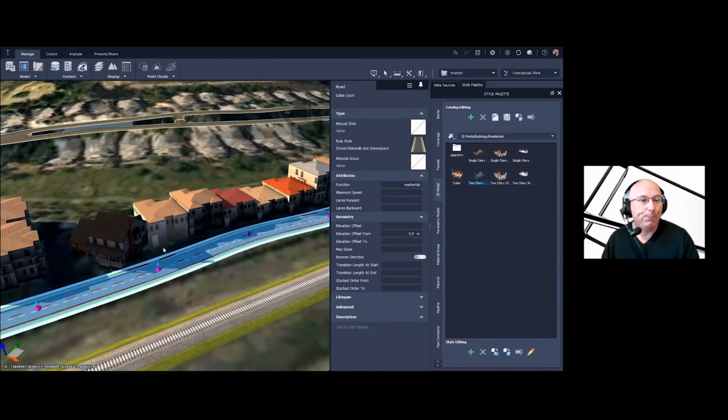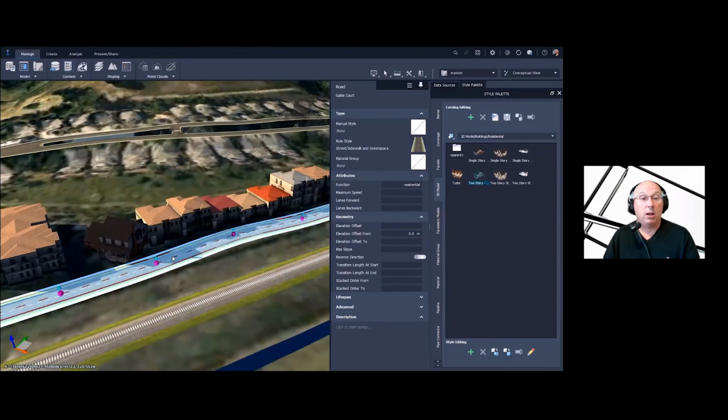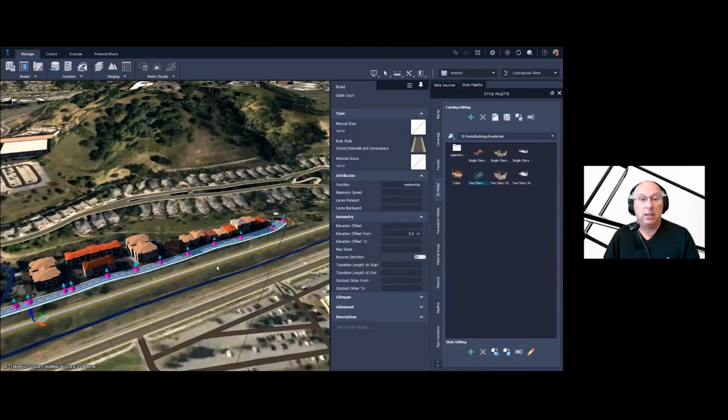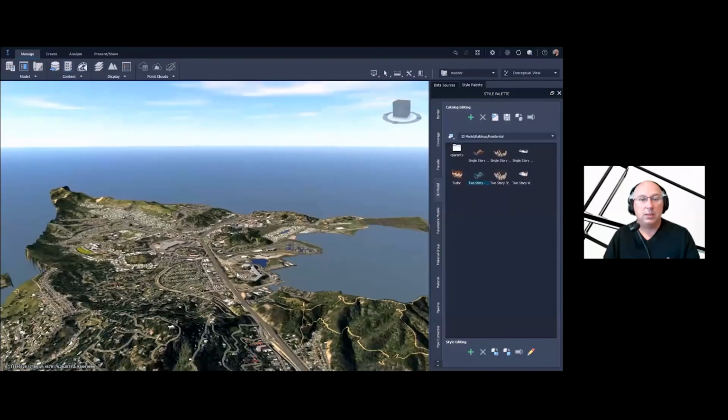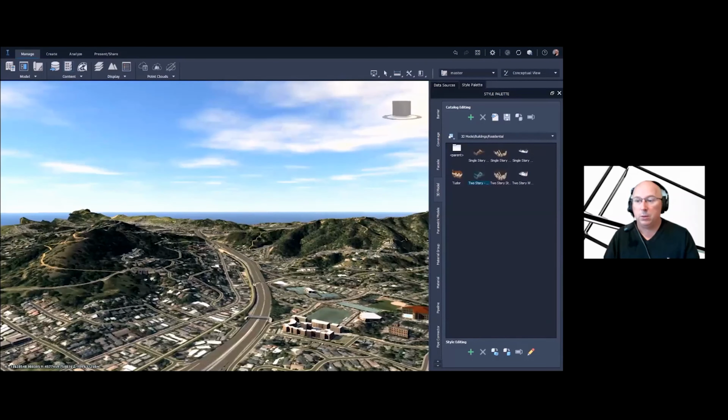Now, here's the interesting thing. The footprint has a shape. It's a polygon. But when you drag and drop this model, it just takes the center or centroid of that polygon that was the building footprint and pops that model right in the middle. And then you can pick on it, rotate it, whatever you want. It doesn't actually matter what the footprint was. It could have been a circle, or a star shape. It's just going to take the centroid and insert this model, bang, right in the middle. And that's what it did. So now we've got a model with a brand new building. And you can see we've got all this data that represents most of San Rafael. And there we go.